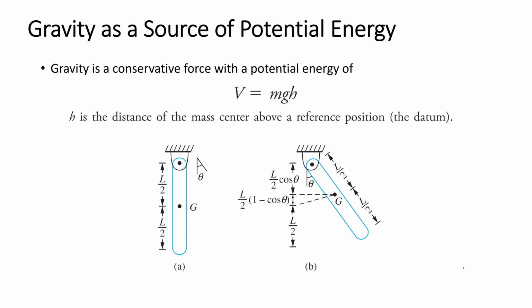The gravitational potential energy, mgh, is nothing difficult. Only one thing you need to carefully choose is the datum or the reference point. In this case, if you set the datum here,